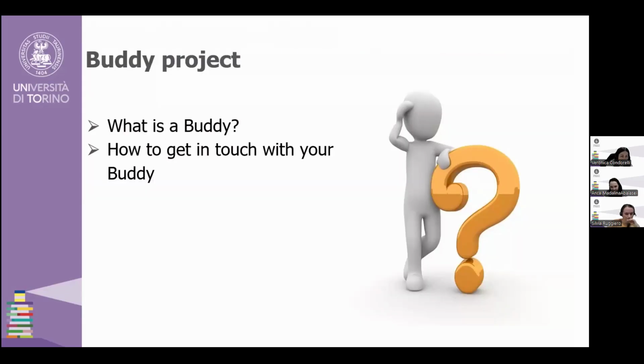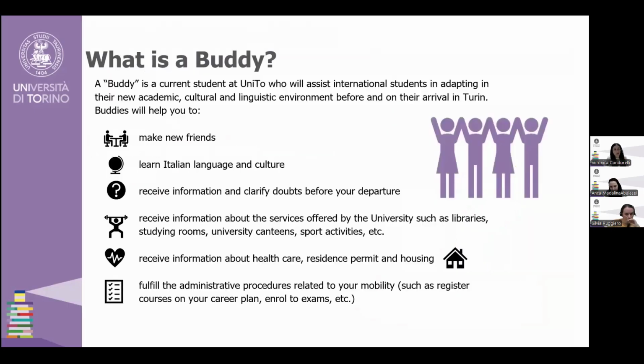Last but not least, I'd like to tell you something about the Buddy project. A buddy is basically a student like you, someone who studies at the University of Torino, who will assist international students in adapting to their new academic environment. So it's someone who is approximately your age and who has recently experienced your same doubts. You can ask them anything about the Italian language and culture, about the services offered by our university. You can receive information about the healthcare and the housing service, and you can also fulfill the administrative